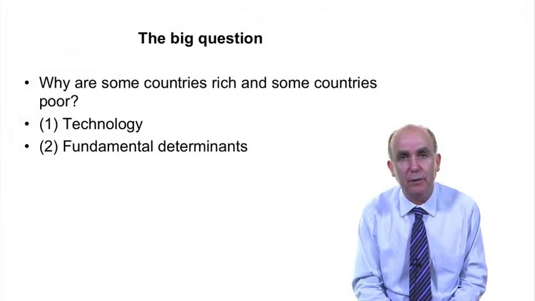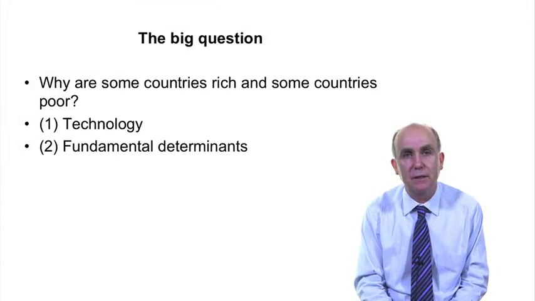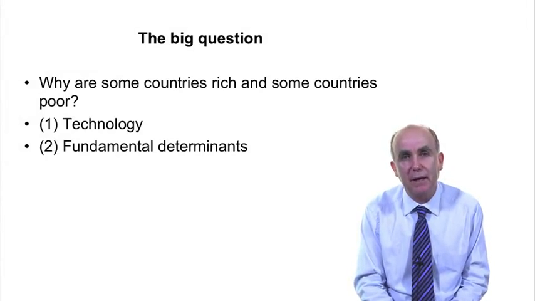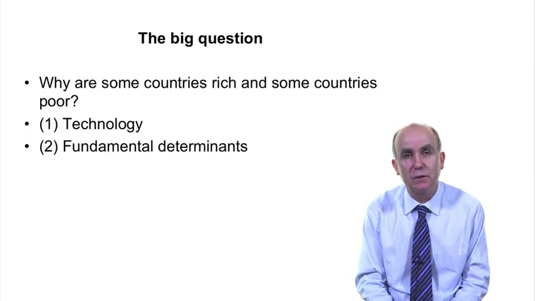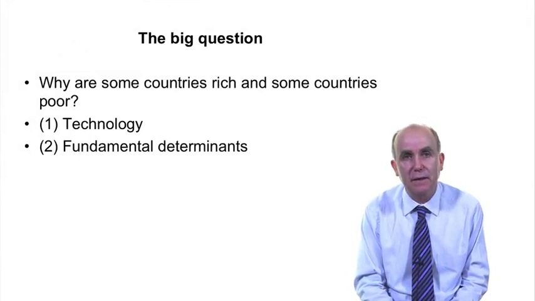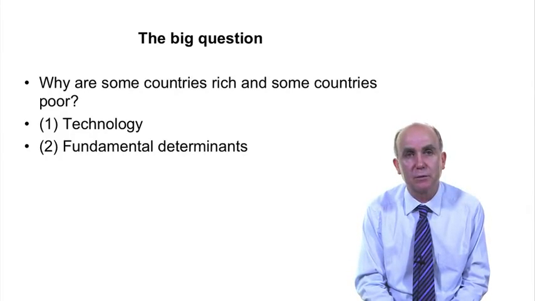In this part of the lecture, I'm going to be talking about technology. Being a rich or poor country is about the amount of output of goods and services that you produce per member of the population. So one place to start thinking about the sources of difference between rich and poor countries is thinking about the amount they produce and how they come to produce differing amounts of output.